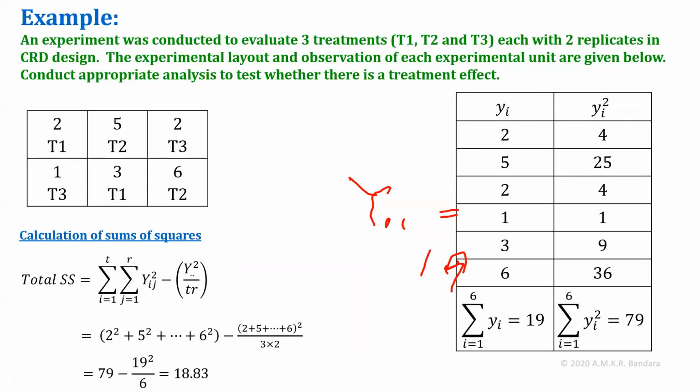Now you will get here, this one is 79 and this is 19 square divided by 6. Then when you deduct this value from this, you will get 18.8. Now you have found the total sums of square of these observations. Next, you need to find the